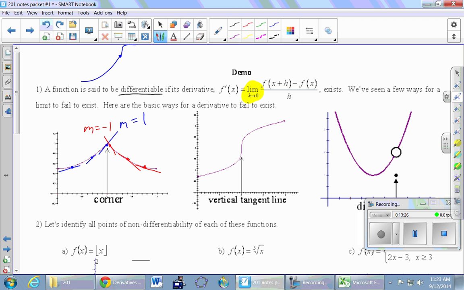Okay, middle picture, vertical tangent line. So again, if we're just thinking about tangent lines at various points, some tangent line there, some tangent line here, some really steep tangent line, and then we get to this one magical spot where the tangent line is vertical. Probably only happens at one point in there. But if the tangent line is vertical, then what can you say about its slope? It's infinite or doesn't exist, right? We've talked about vertical lines in previous classes, and we say the slope is undefined. So